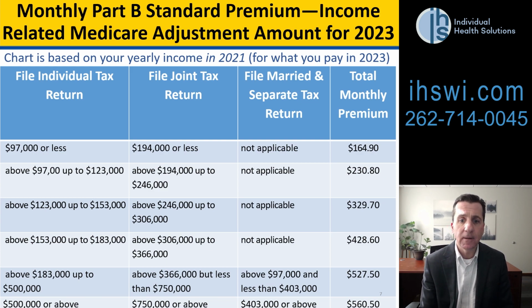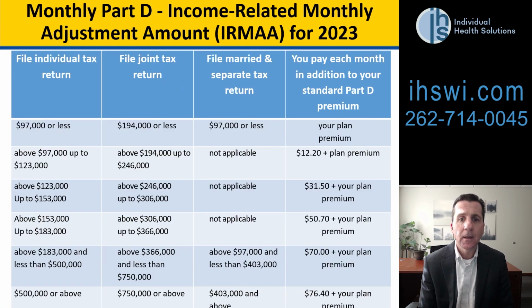So let's say above $194,000 to $246,000 and they file a joint tax return, they would have a monthly premium of $230.80. In addition to that, there's an added charge also under their prescription coverage. And so in this particular example, they would have an added monthly charge of $12.20 on top of their ordinary